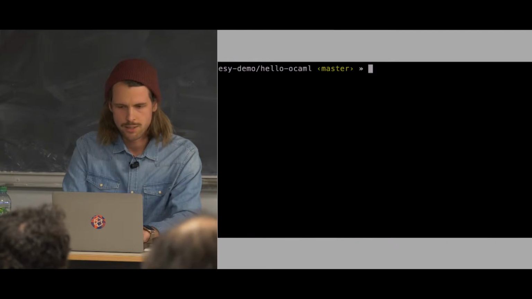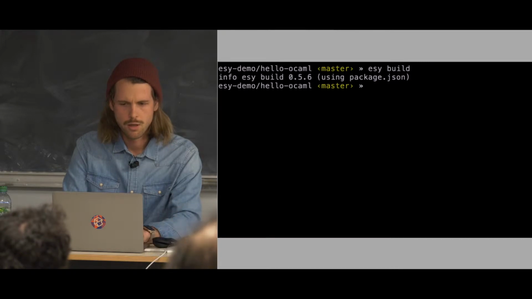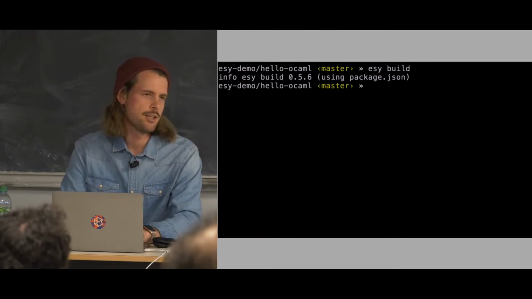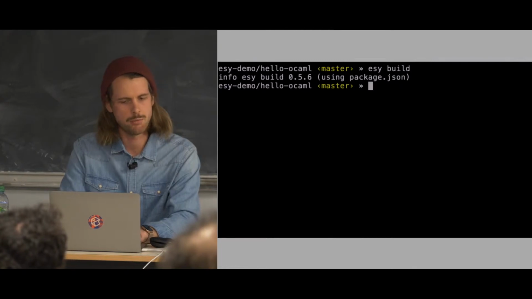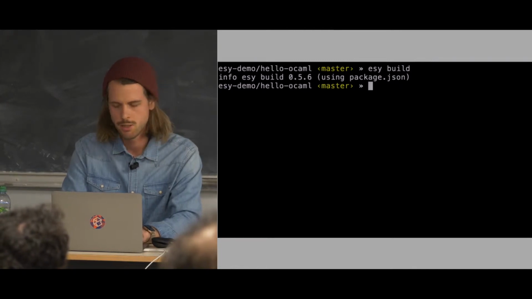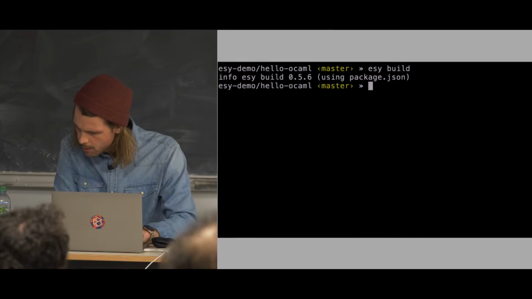The most important thing is that now we can do an easy build, and it will just build the whole project. In that case, it's using a caching mechanism very heavily, so it doesn't really do anything because I've been running this project for some time. I will delete some cache information for you, then you can see how it will rebuild it. So